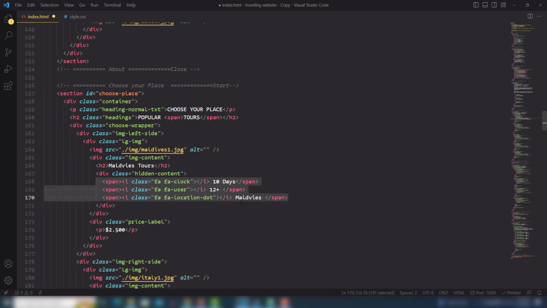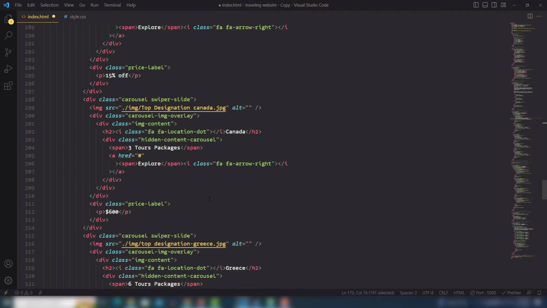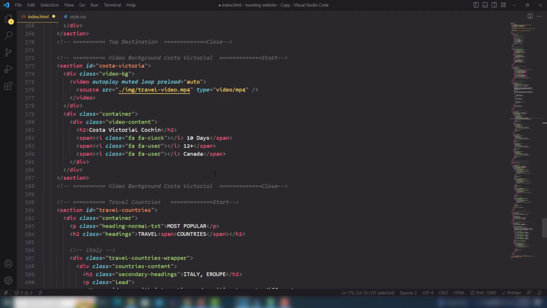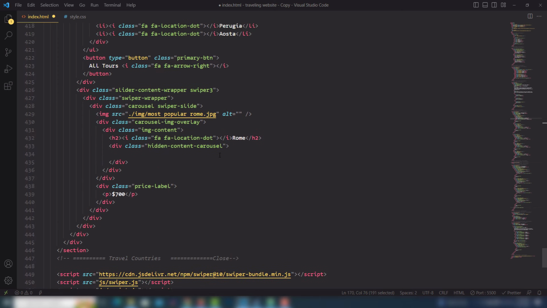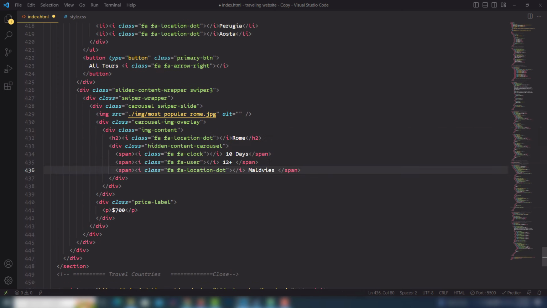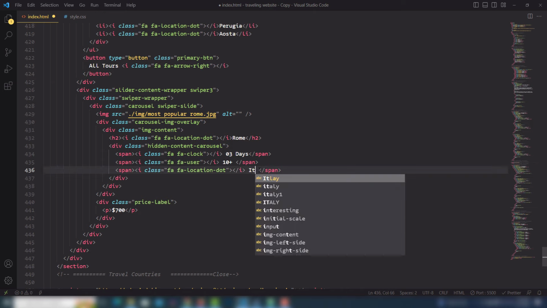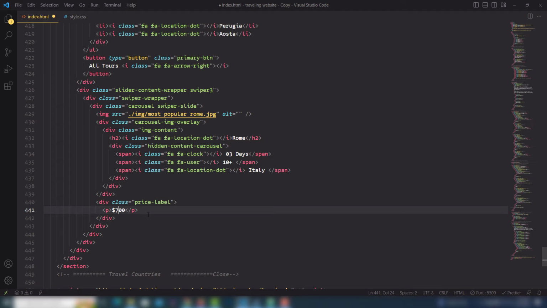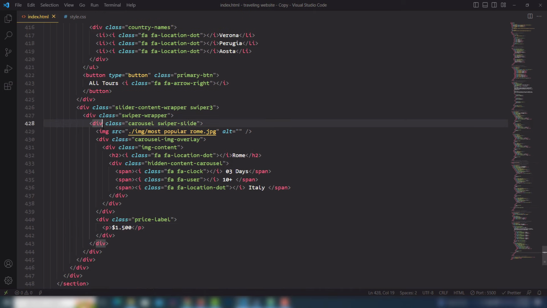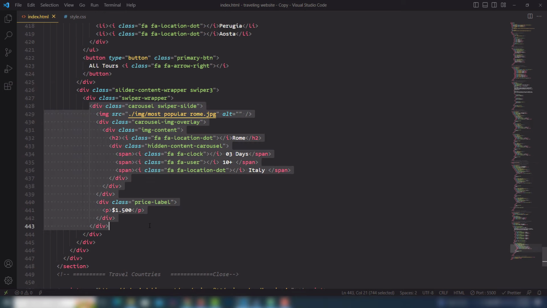So I need to get that, and we need to paste it because I need to save the time, right? So right there. So this will be 3 days and 10 days plus. This is the Rome or Italy, you go right, and the price label price is 1.15. So and we need to get this one slide, right,